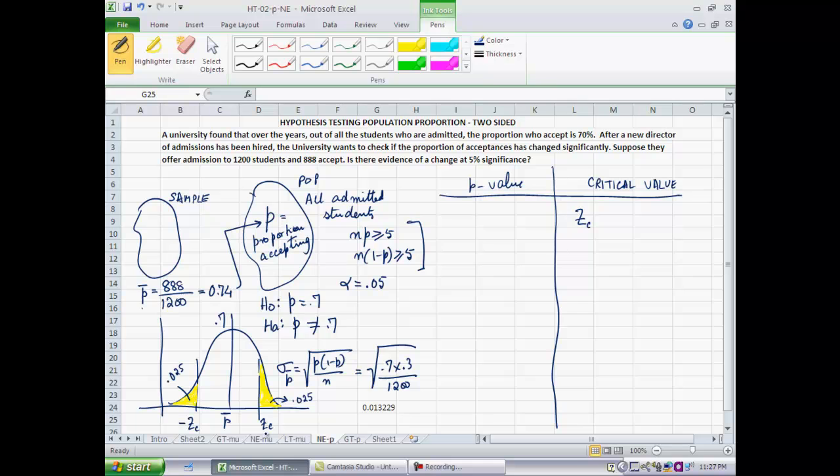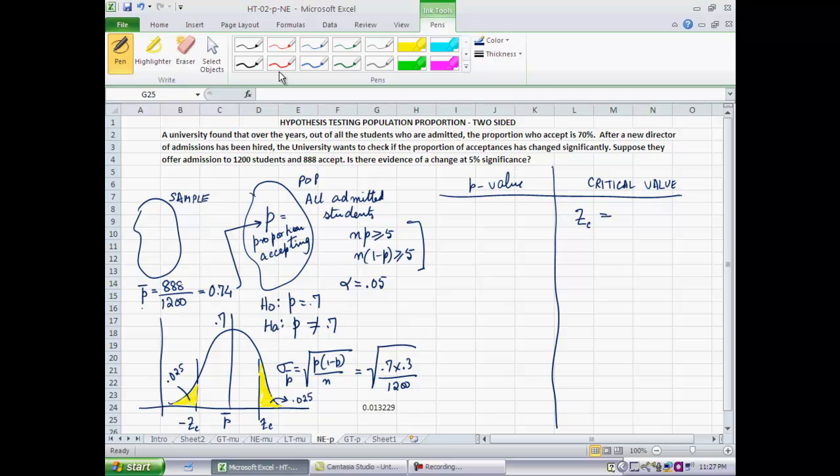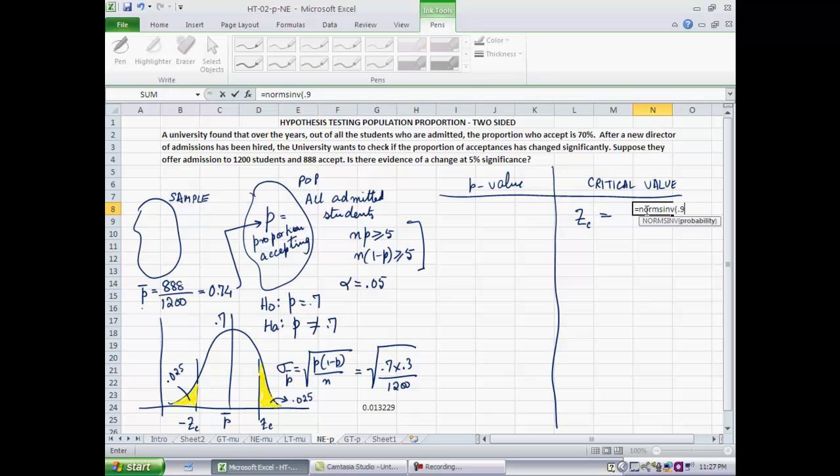So the z critical in this case, to realize how far away I need to be from the middle in order to be called extreme, this would be norm S inverse of 0.975. Why 0.975? Because the area to the left of z critical is 0.975. That's the input that Excel needs. So that's 1.96. So z critical is 1.96, meaning the test statistic has to be at least 1.96 standard deviations